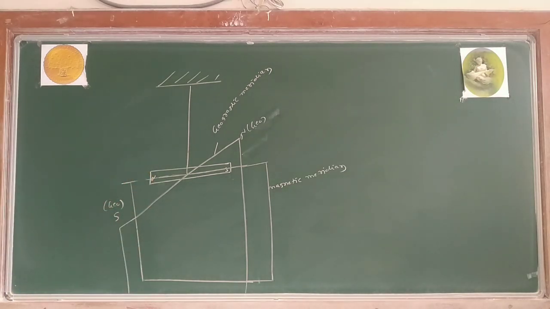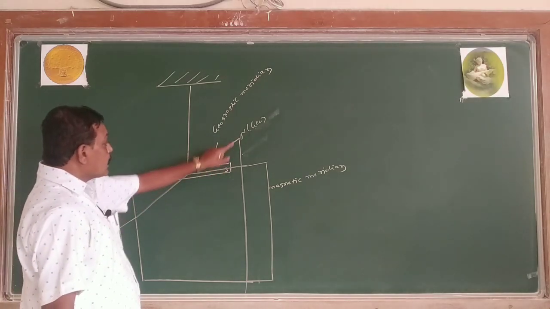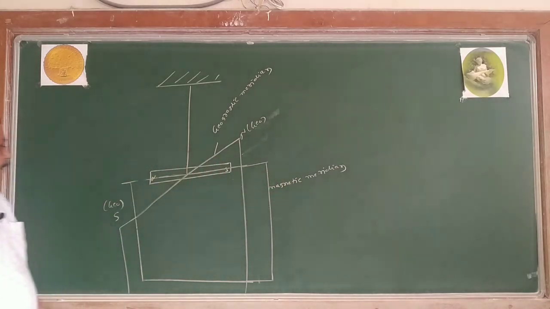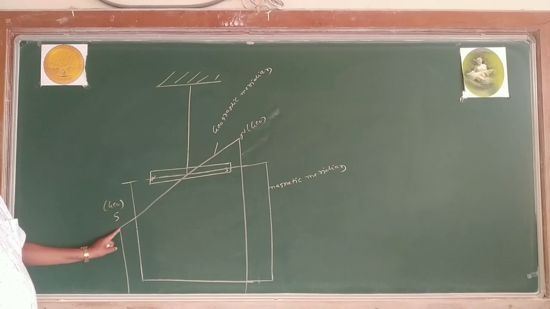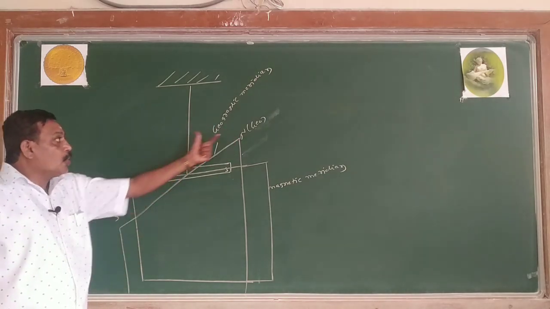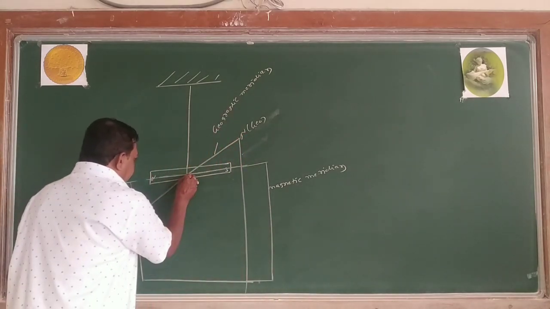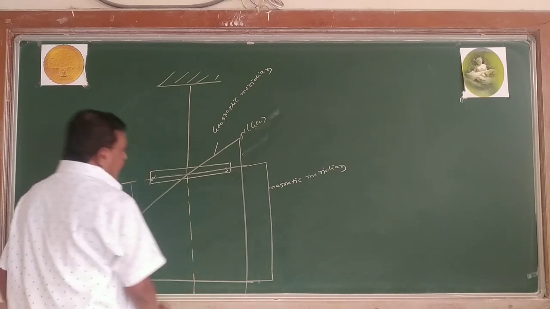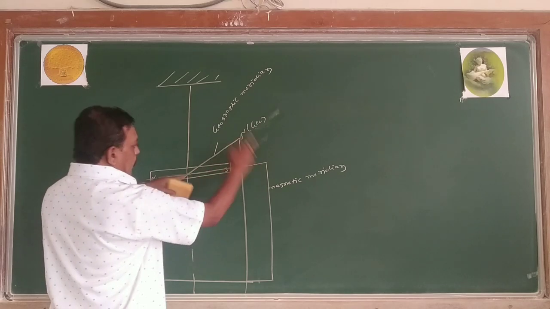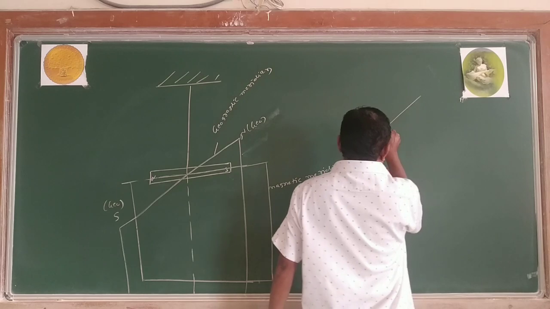If I take the plane passing through the north and south of a suspended bar magnet, then it is called the magnetic meridian. If I take the plane through the line joining the north and south of the Earth, that plane is called the geographic meridian. Then I take, this is a common line. I cut this much of the portion. One is the geographic meridian, another one is the magnetic meridian. This is a common line, right?